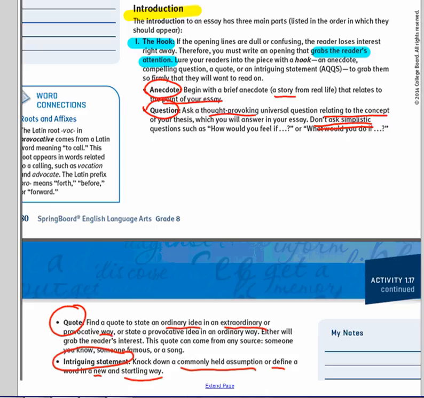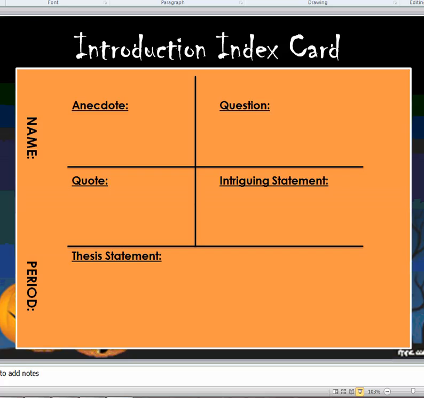Okay, what I want you to do now is I want you to pull out the index card that you gathered, and I want you to flip it to the blank side for me. Okay, with your blank side of the index card, the one that has no lines on it, I want you to copy what you see on the screen. So that means you're dividing the upper portion of the blank side into 4 boxes. The bottom portion is going to be reserved for the thesis statement. And the left-hand side will be a spot for your name in the period.